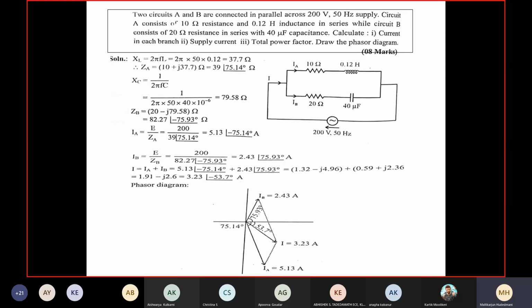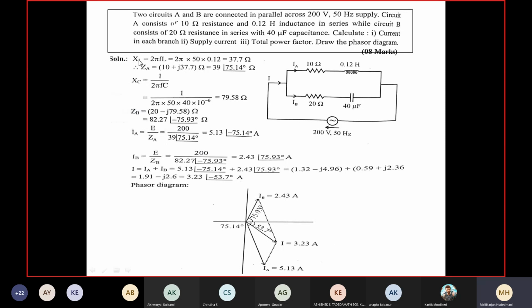So if you know ZA, ZB, getting IA, IB is just applying Ohm's law in complex notation. E by ZA, put in complex mode. You should be very careful. I can tell you, even directly operating this in a calculator, you may get an error. You have to use a proper number of brackets and make it systematic. Then only you will be able to reach the answers. First you will get the rectangular answer. Shift plus, get polar, write it. Like that, mention both the answers. For me, it is advisable to put both rectangular and polar on the paper.